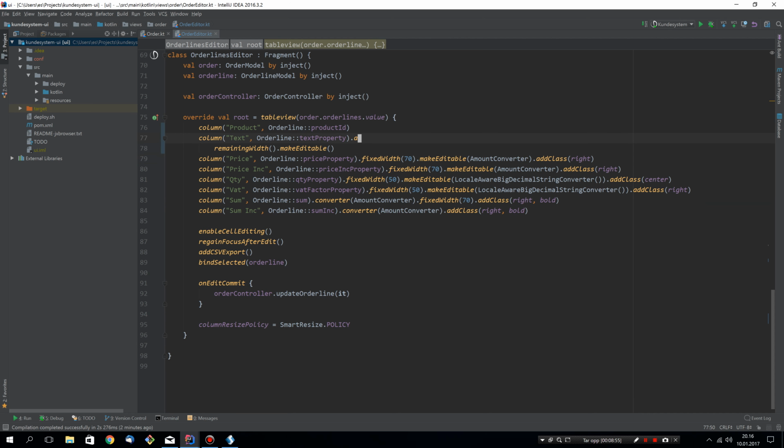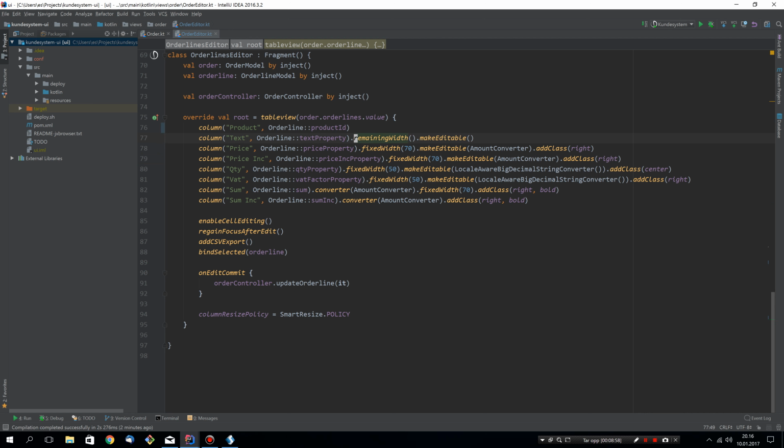So what we did is we added a function called onEditCommit to the table view instead, that takes care of listening to all edits from all columns, and then after the data is committed from the editable fields back into your model, you can do whatever you want with that order line. So here it is an order line. I could do like this if you want. Order line. So this really cleans up a lot of code, and it's much easier to reason about,